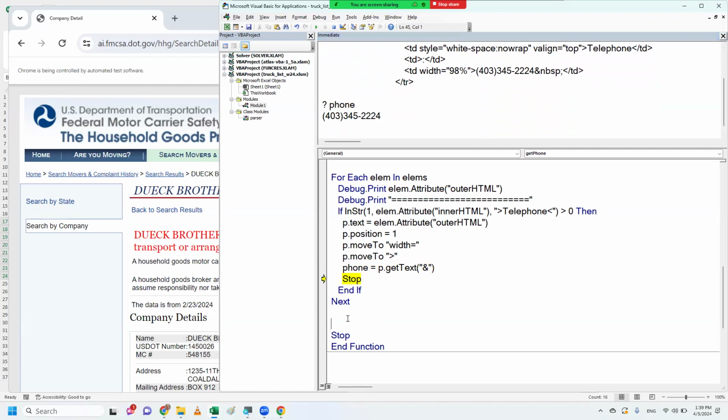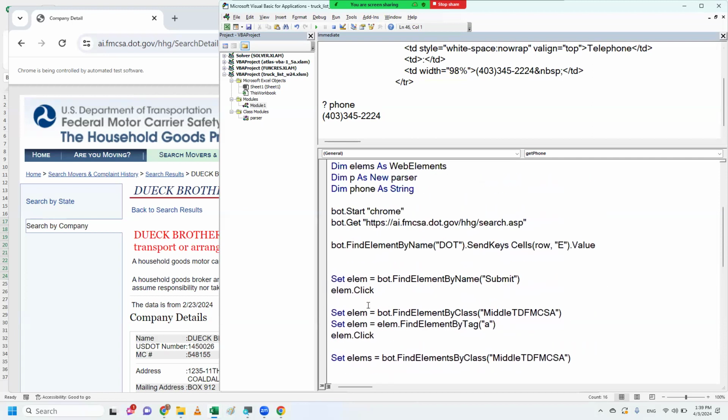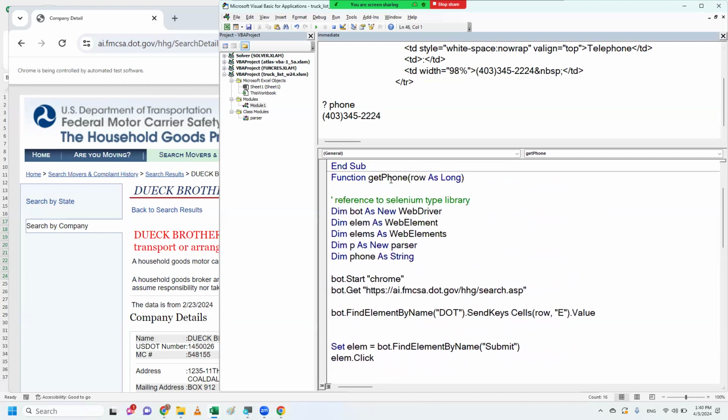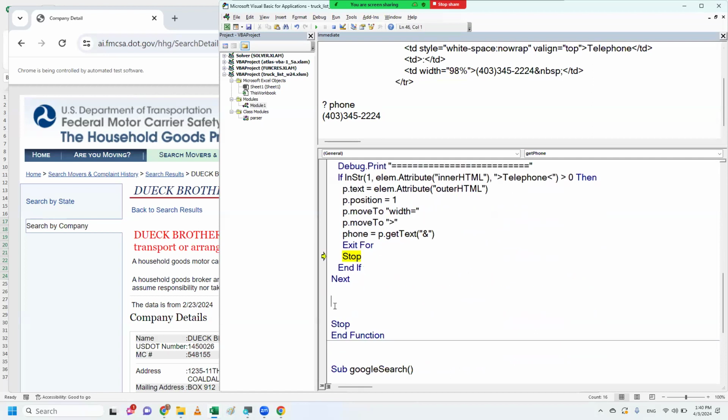So maybe here at the end, let's see. I was looping through that. So at this point, I've set my return value. Well, I've set the phone variable. Let me exit my for loop. And let me now return phone. So get phone is the name of my function. And we're going to return it. Get phone equals